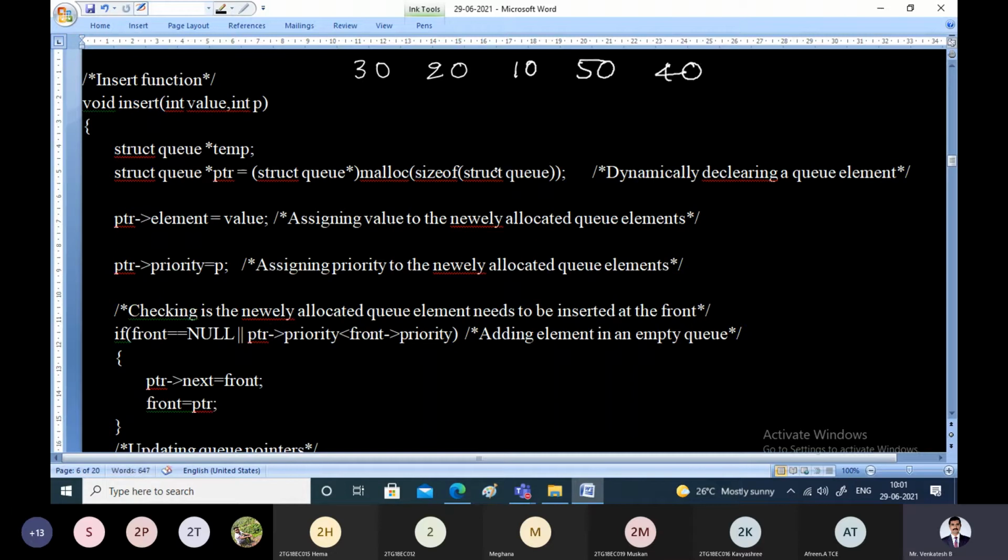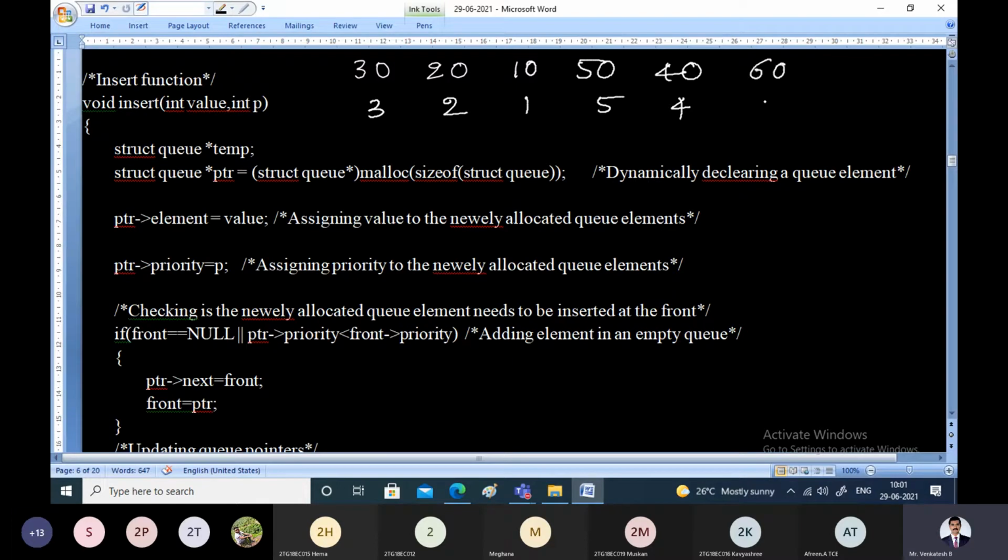So assume these are the elements we are trying to insert, and assume the priority of this 30 as 3, priority as 2, priority as 1, priority as 5, and priority as 4. And let us take one more element called 60.